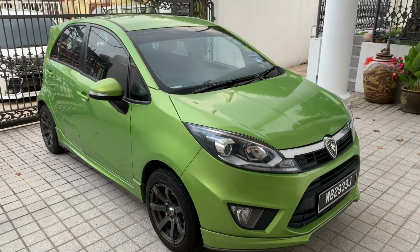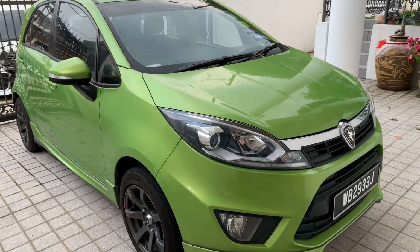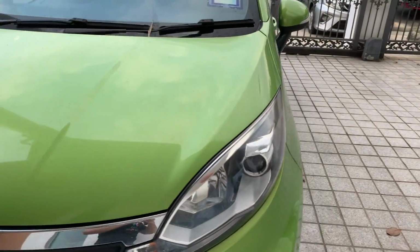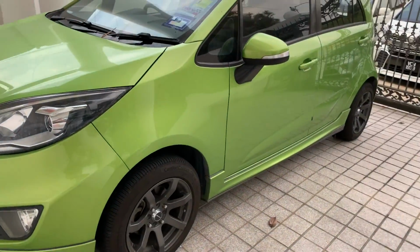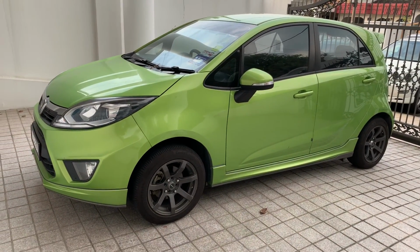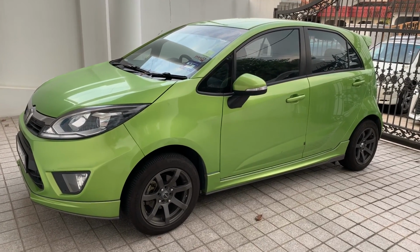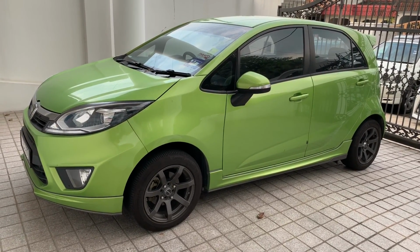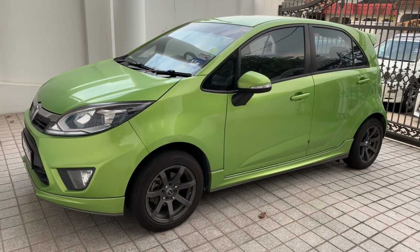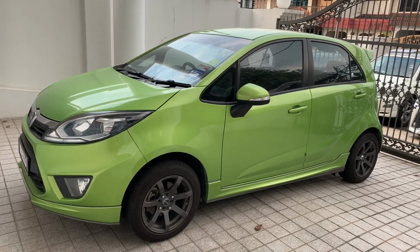So this is my car, for those who have not known. It's a green color 1.6 executive variant of the Iris. I actually got it when it was the first batch, but at the time I was driving a Honda City, the 2009 version, also the first batch. And a lot of people ask me, why do you downgrade yourself from a Honda City to this car? For me, I don't really consider it a downgrade. It's actually on par, because when I was looking around,